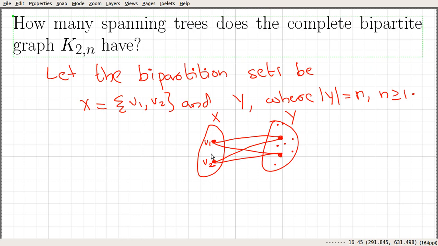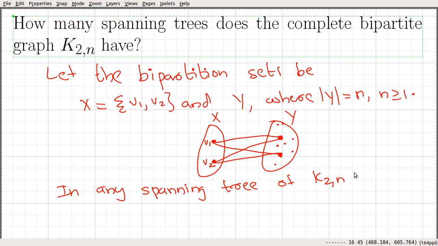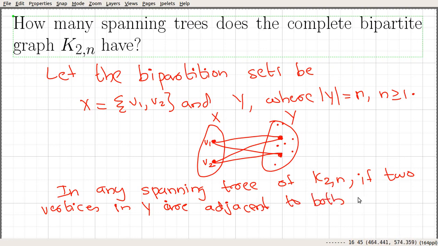So let me write down what I said. In any spanning tree of this graph K2n, if two vertices in Y are adjacent to both v1 and v2, there would be a cycle, and in a tree that is not allowed.